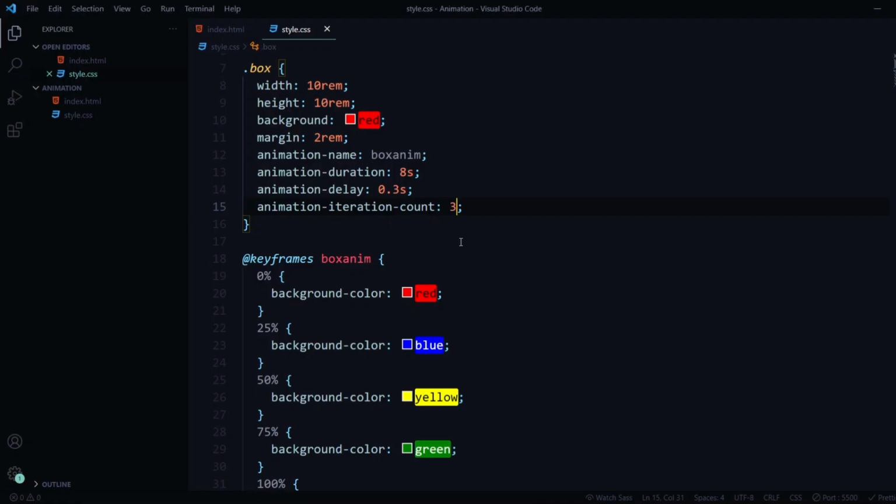And I can also change this animation count to, let's say, infinite. Now it will run for an infinite amount of time. So the thing that I was talking about earlier, if you want to create a project or a landing page where you have a background, you can just input these animations. You can click on infinite, and whenever the user is on your landing page or your home screen, the animation will keep on running forever. So it will be a good project for you to practice.